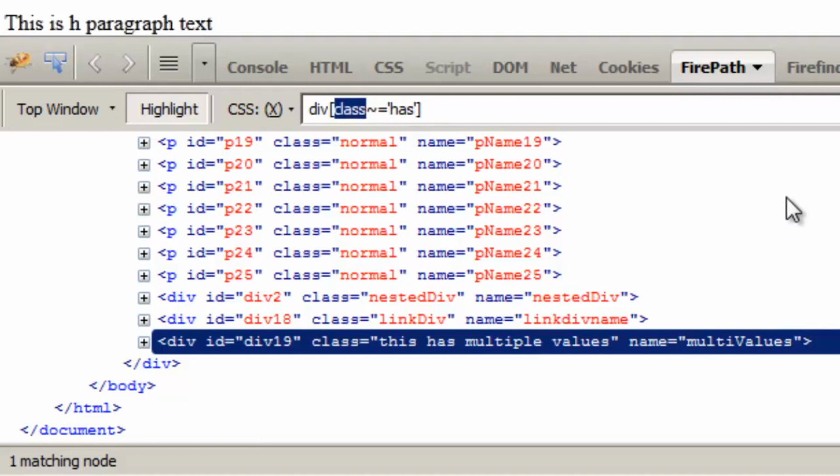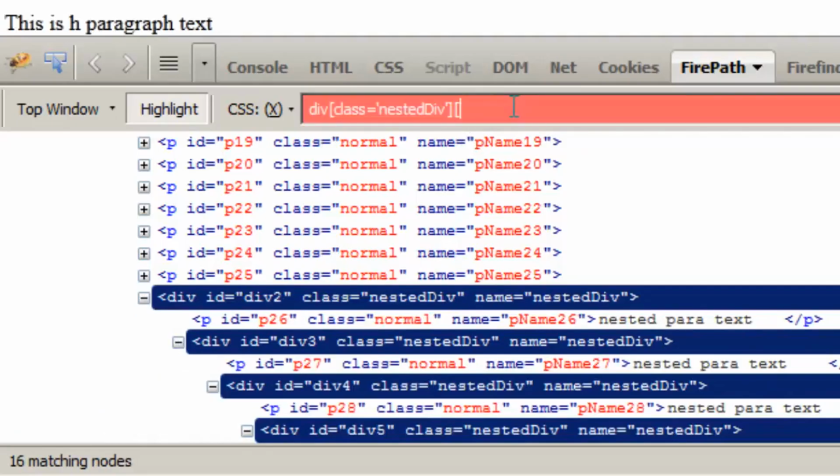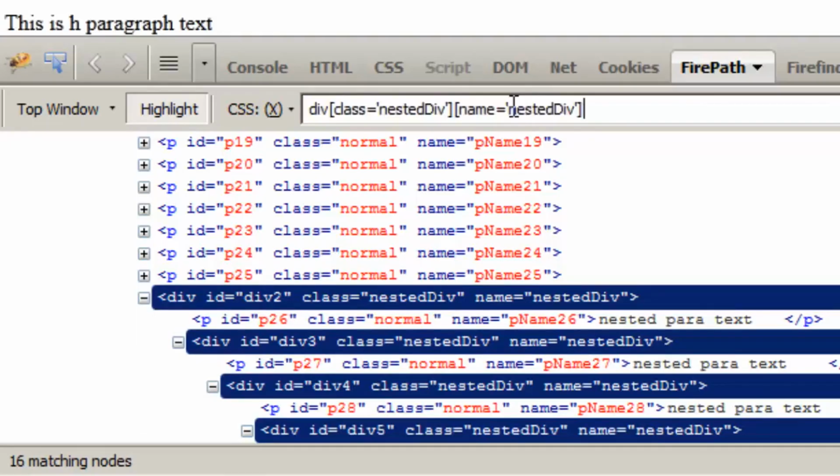So if I do a div where the class matches nested div, great, we've got 16, and the name is nested div. This is probably the same. Yep. Remember, we can do the comma notation